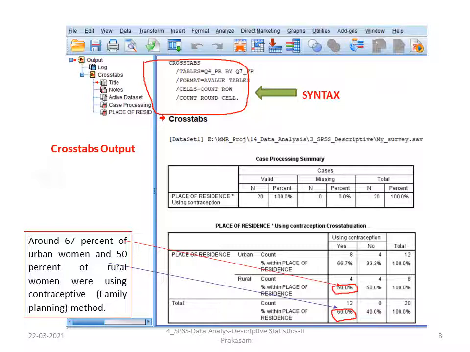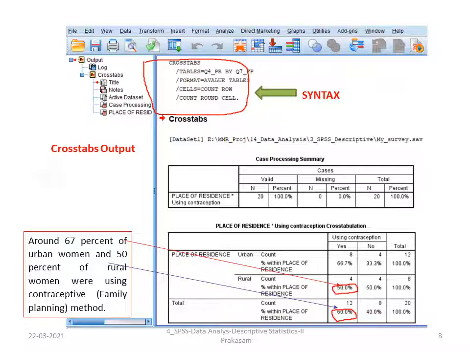Coming back down below, you will find the cross tabulation, place of residence and use of contraception, is the heading given. We have given labels, place of residence and using contraception. Using these two labels, it shows the use of contraception column wise and the place of residence row wise.